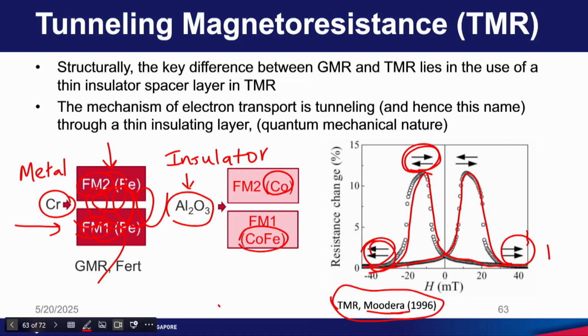But in the case of tunneling magnetoresistance, we cannot use current in plane. If you send current in plane, because of the insulator, the electrons do not go into the other side easily. So, we can only use current perpendicular to the plane,